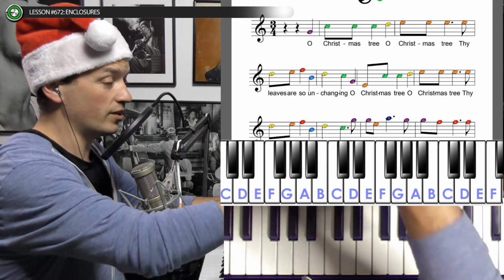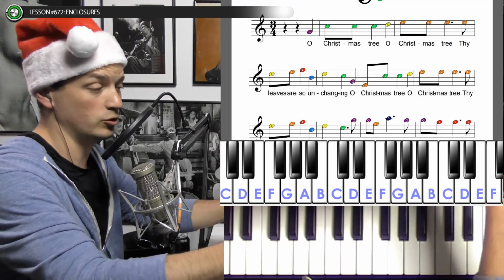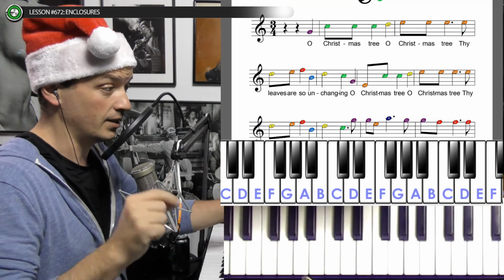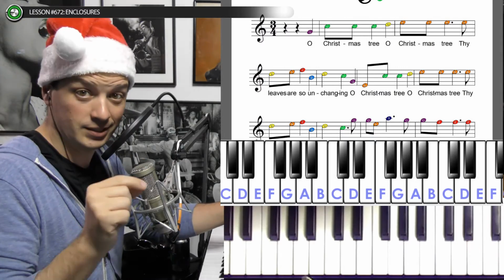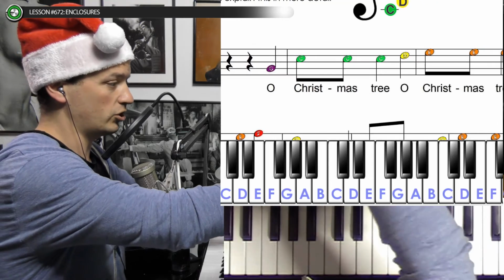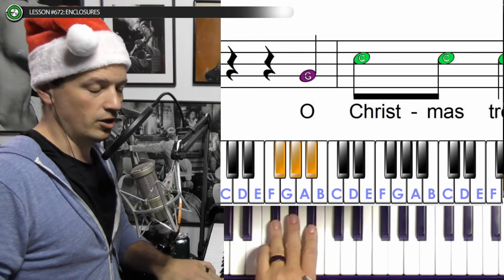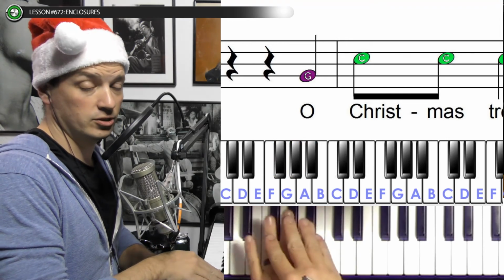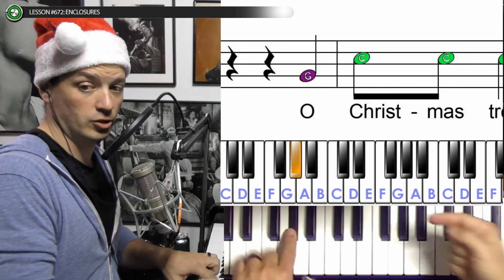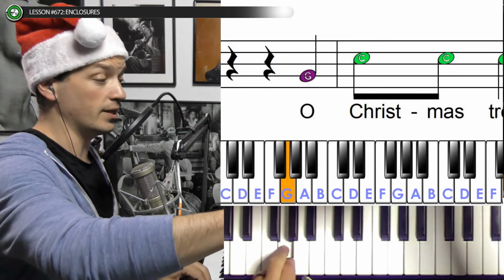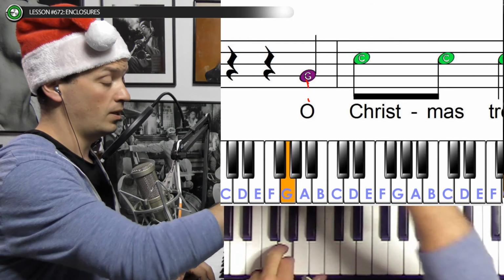So let's go over the notes first, so that if you're an absolute beginner, at least you can walk away with the beginning notes and the concept, even if we can't quite play them yet. So this would just start on a G, and a G is the note that is right below the middle note in a group of 3 black notes. So you take a group of 3 black notes, take the middle note, drag it slightly down, you land on a G. So that's the first one, and you would say out loud the word "oh,"